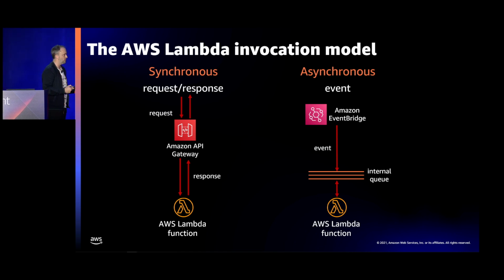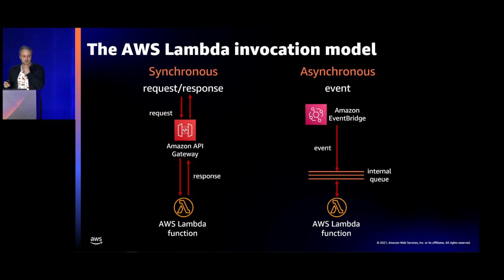One of them is to invoke your Lambda function synchronously. And this is basically invoking your Lambda function via an HTTP request. So that could be from API Gateway, or it could be from ALB, Application Load Balancer. And you send your HTTP request to API Gateway. That proxies that payload on to the Lambda service, which runs your function. It waits for your Lambda function to finish running. Your Lambda function sends back the result to API Gateway, and API Gateway proxies that result back to you, the client, right, the requester.